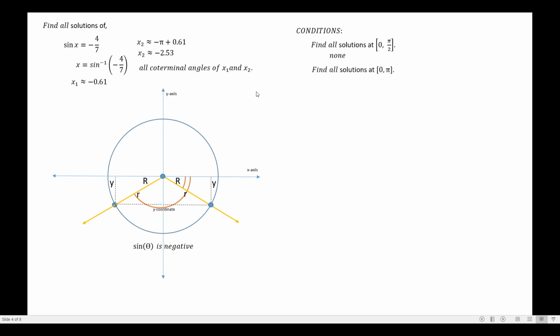And then all solutions from 0 until pi. Same way, that's none. And all solutions from 0 until 3 pi over 2. That extends until the third quadrant, so we have one solution already. To find the value of the angle in standard position, that must be what? Pi plus 0.61. From 0, it should be pi plus 0.61, where 0.61 is the reference angle. Of course, this is negative 0.61 here, considering the revolution which is clockwise.